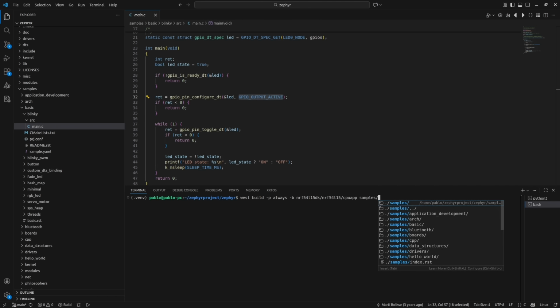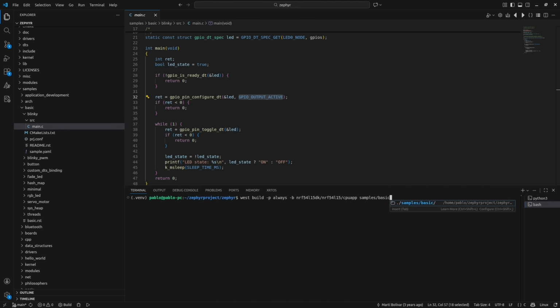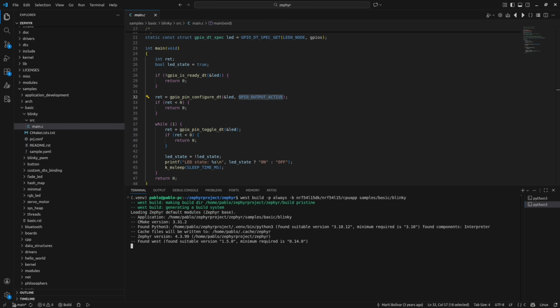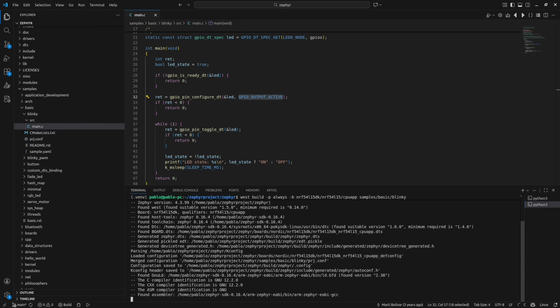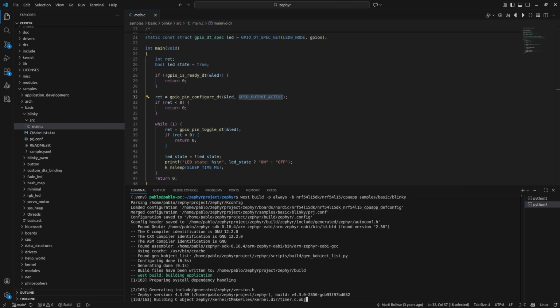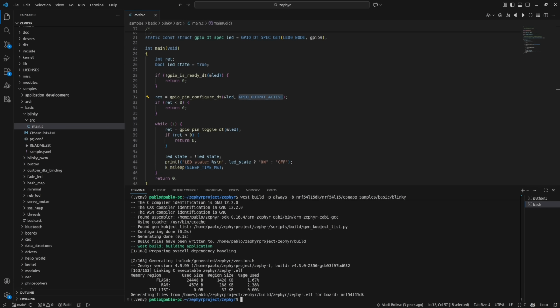And now I will call the application, blinky. Let me check if everything is correct. Okay, now we have our executable, zephyr.elf, generated in the build zephyr folder.